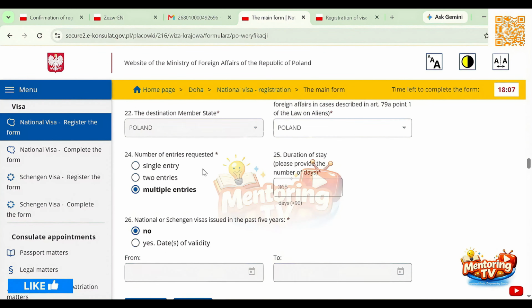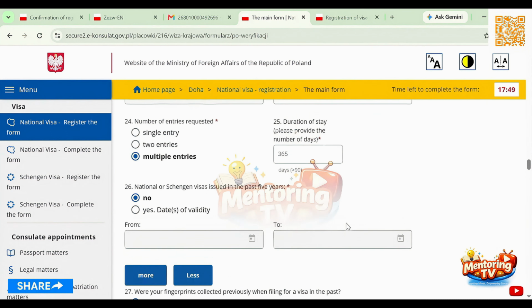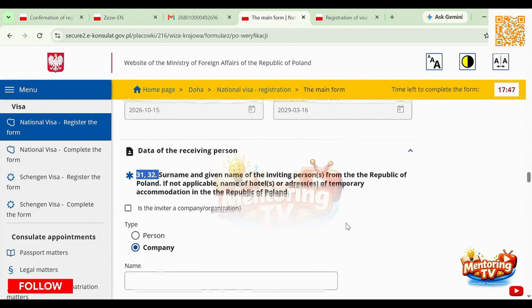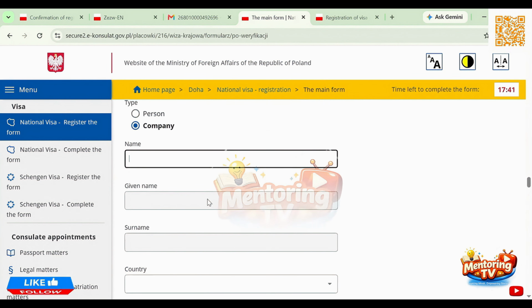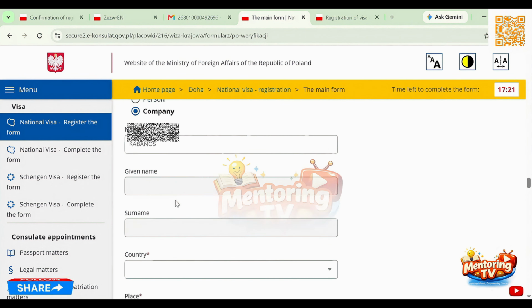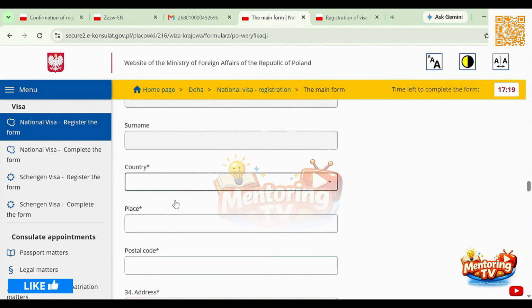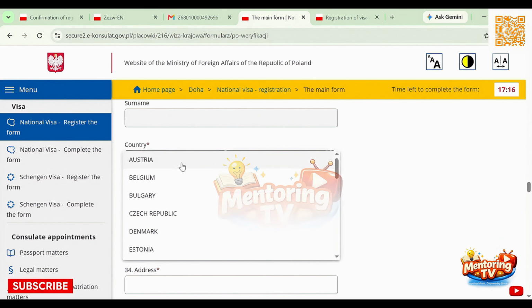Company exactly as written in your work permit. You have to fill the company name. Okay. For me, I'm going as an employment visa, because we have employment visa. So the inviting person is the company, and you have to write the company name, the address, actually the full